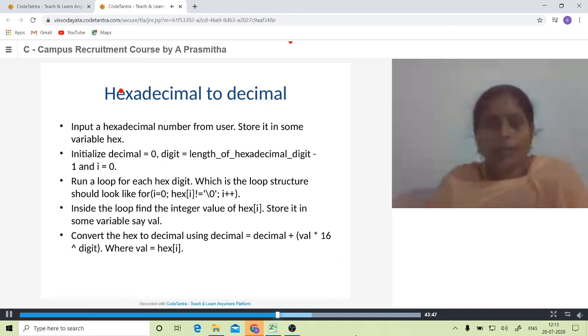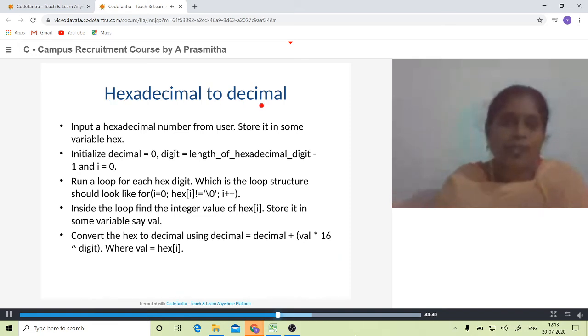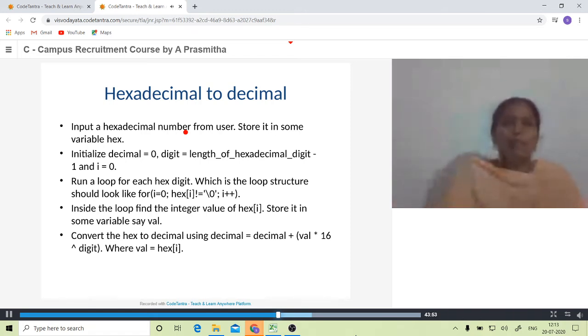Here we are going to convert a hexadecimal number to a decimal number. We know that a hexadecimal number will accept digits 0 to 9 and characters A to F as its allowed digits.